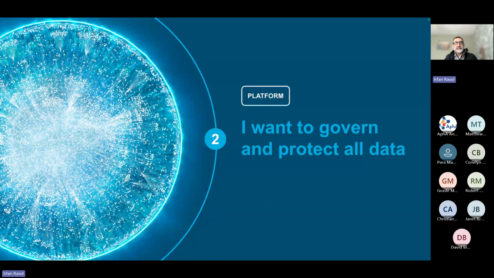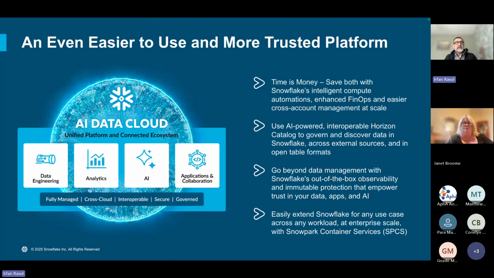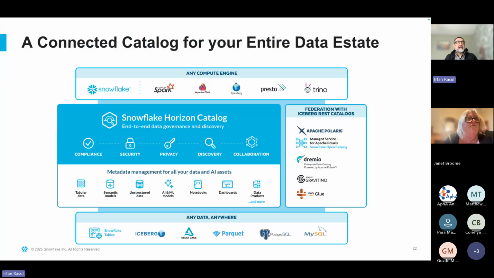So that was the platform. Those are the things that are happening on the platform at a generic pace to deliver more capability. The other thing that tends to happen is around governance, basically. We want to make sure that you're happy that your data is being governed and it's delivered in a secure way to your organization. So again, from a Snowflake perspective, we have enhanced capabilities around that, what we call Horizon